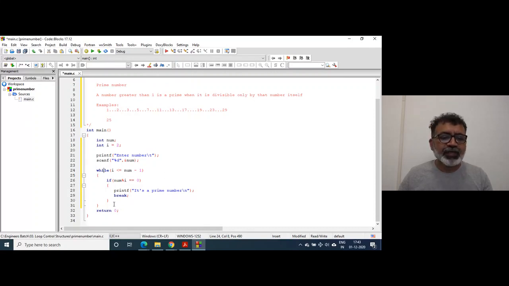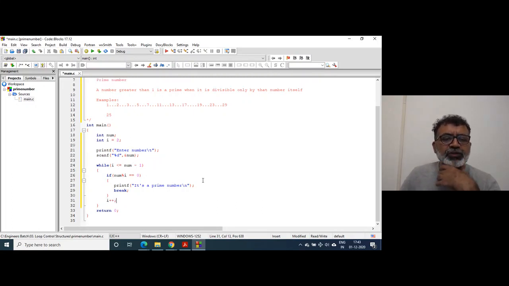That's it. I have to increment i as well. So this is a perfect while loop by definition. This is the initialization, here is the condition, and here is the increment. This is a while loop. Rarely can we write like this.